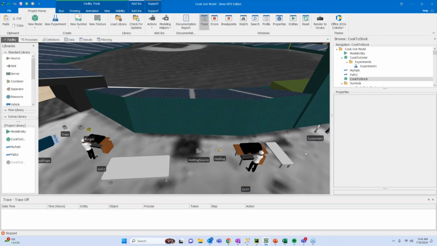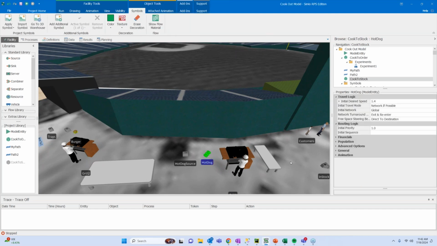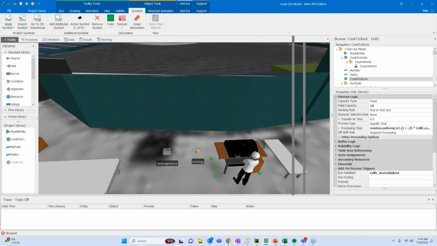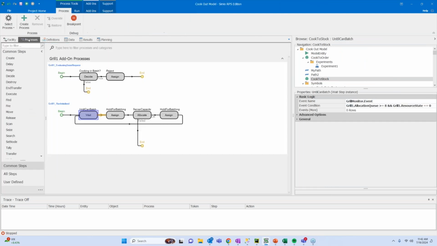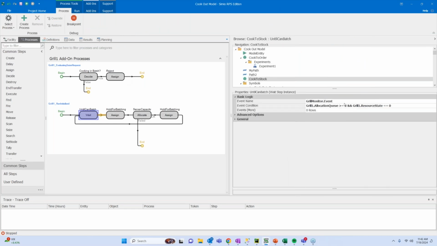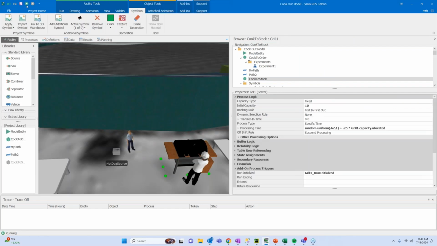So when our entity arrives, we have a process on a server where we're going to designate a little bit of logic. On initialization, we're going to see, do we have 8 items in our queue, and are we idle? We'll run this just to show this at a little bit of length.